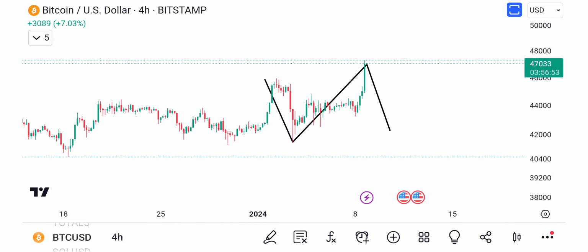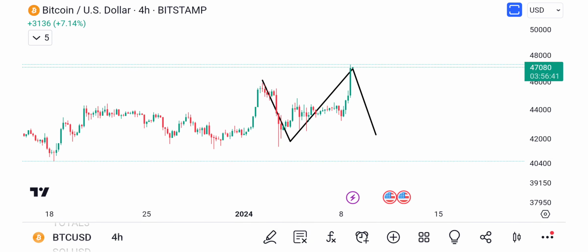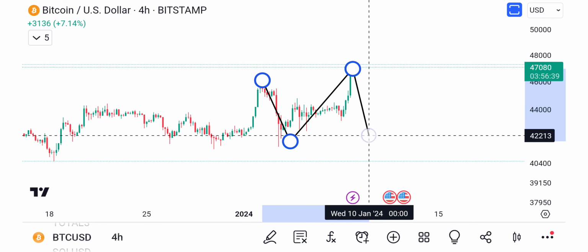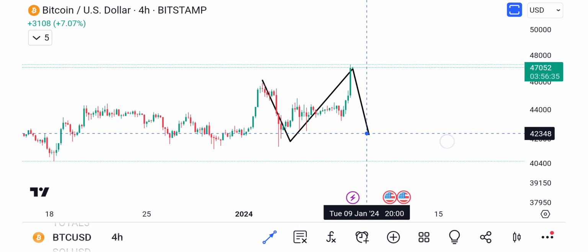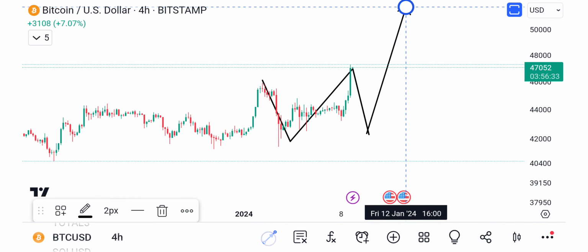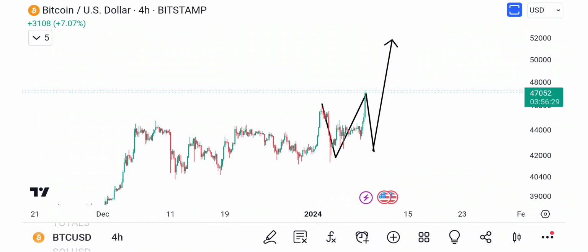So if you don't know what a flat is, just Google. Go to Google, type in Elliott wave flat pattern, explanation or description, and then it'll kind of explain it for you. But basically, yeah, that's what it could be. And then, you know, we shoot on up to the upside. Now, is that the count? I don't know. I'm not sure. It's way too early to tell. I'm just saying we have an A, we have a B, we can have a flat.